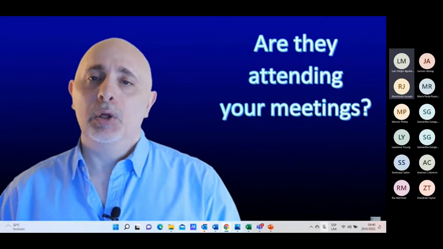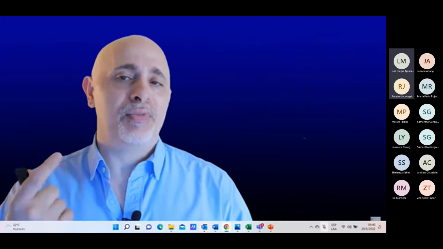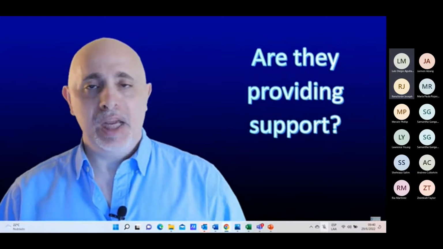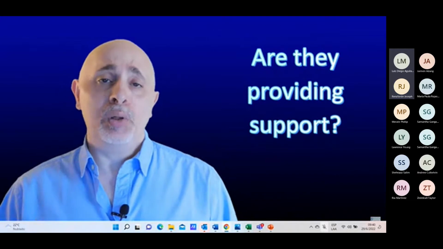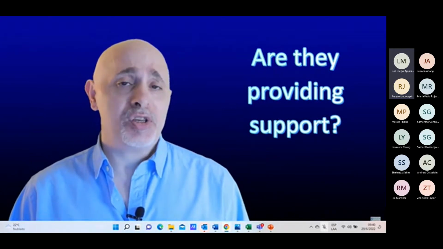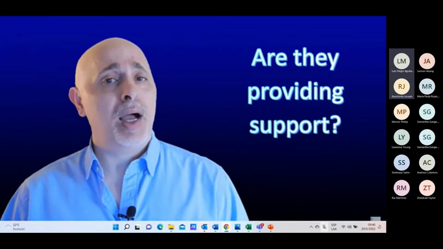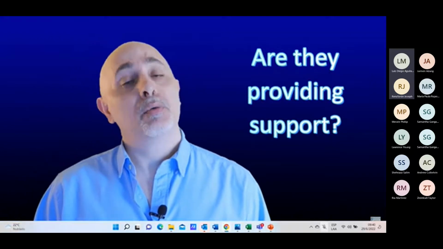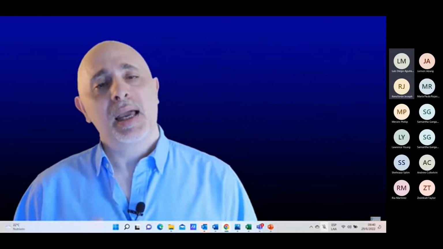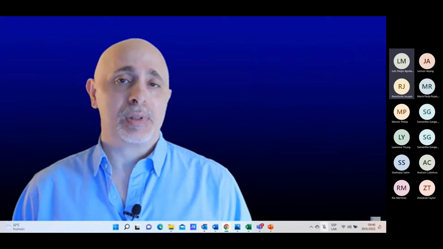And finally, you want to look at how much they're able to provide you for support, like information or resources. When they're holding back, it tells you they're against the project. So find out why it is that they're not providing you with the required resources or information, and that may help clear out some of the issues.